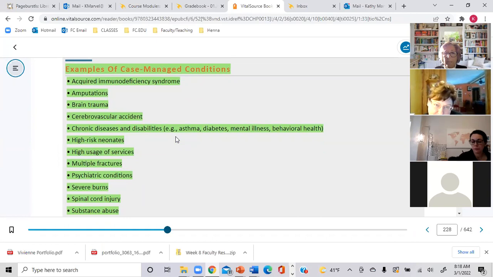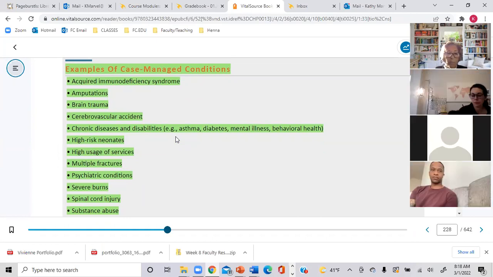They are all chronic conditions, maybe. And then what are they going to require? They're going to require coordinated care, right? They're going to require coordinated care from a case manager for several different